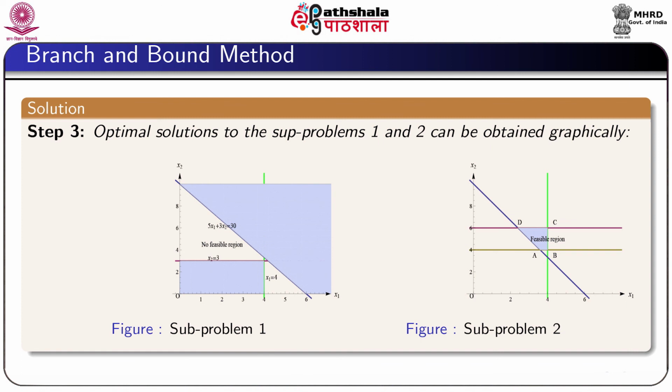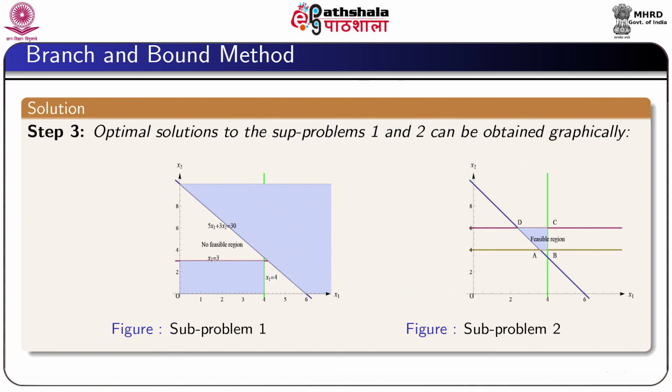The solution of these two sub problems can be obtained by following the graphical method. The graph for sub problem 1 shows that there exists no feasible region for the problem. Therefore, sub problem 1 has no feasible solution, whereas